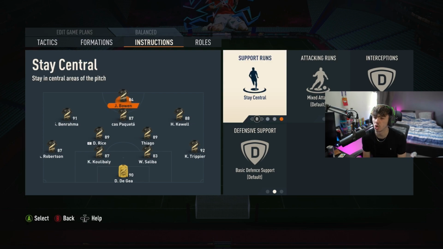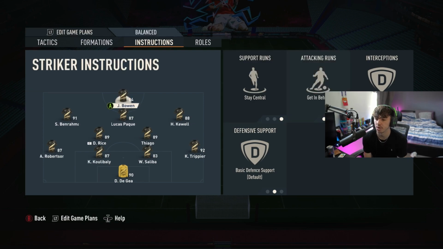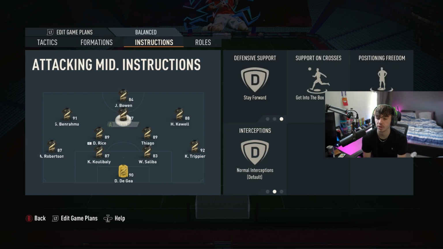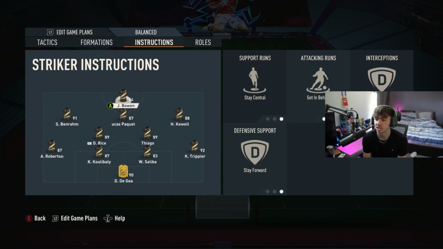And then for our striker, guys, we are going to have that on stay central and get him behind. We don't need any of this other stuff. We can have him on stay forward. It doesn't really make too much difference because he's a striker, so he should play for stay forwards. But if you find that your striker has got high defensive work rates, just have this on stay forward. It just means he's then not going to come back. You're going to carry on with those 2 players up front,